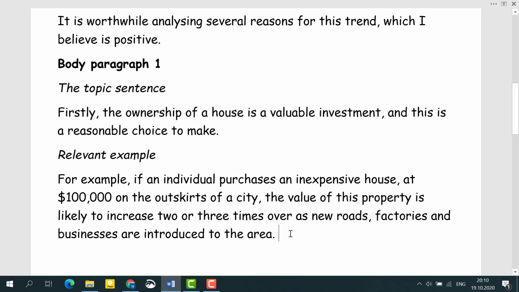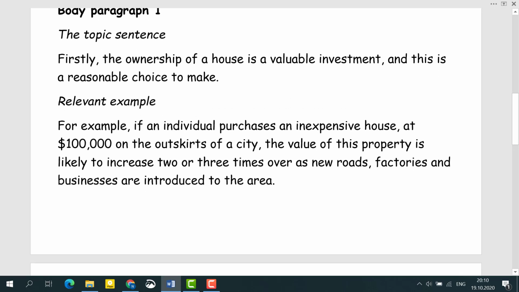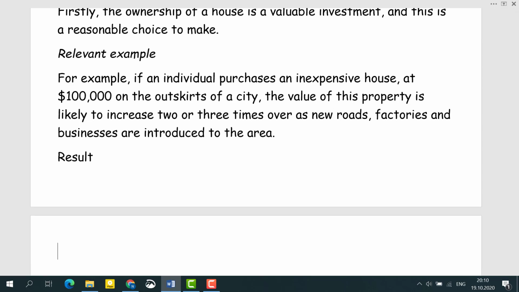Now, the examiner wants to see the next sentence, and the next sentence is the result. So if this happens, what will happen next? If A happens, then we will get the result. And we need to talk about the result in detail. And what is the best way to write and to use the result in our sentence? Easy. We can use the keyword as a result. So as a result,